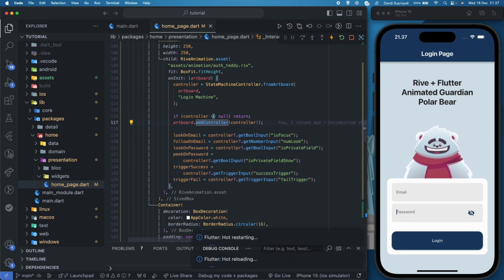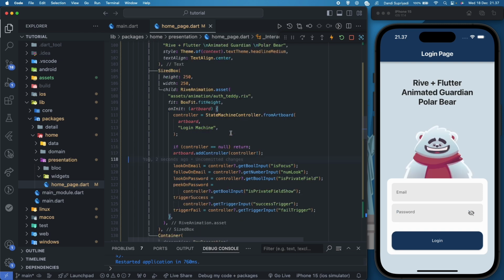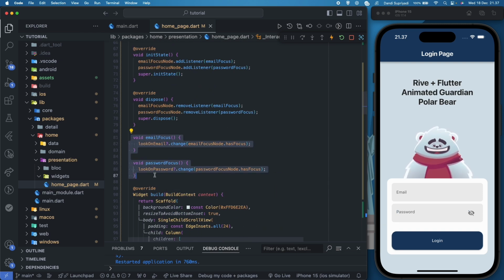If we refresh this, these two, email focus and password focus, already work. Let me show you. If we focus on the email, we change the variable to has focus, and if we are not focusing on it, for example if we are done, then the animation won't focus on the email.